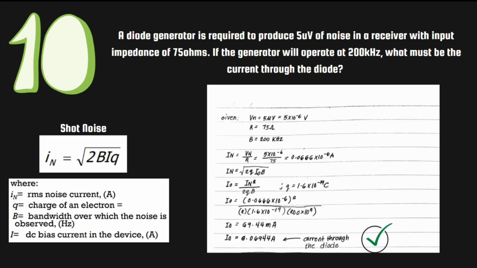So we know the RMS noise current in amperes, and manipulating the Schottky noise equation, we can get the current through the diode, which is denoted by I naught. This is equal to I sub n squared, or the RMS noise current squared, over 2 times Q times B. Q is the charge of an electron and B is the bandwidth. Q is equal to 1.6 times 10 raised to negative 19 coulombs. Substituting the parameters, I sub n, which is obtained using V sub n over R, and the charge of the electron and the bandwidth into this manipulated Schottky noise equation, we can get the current through the diode, which is 69.44 milliamperes, or